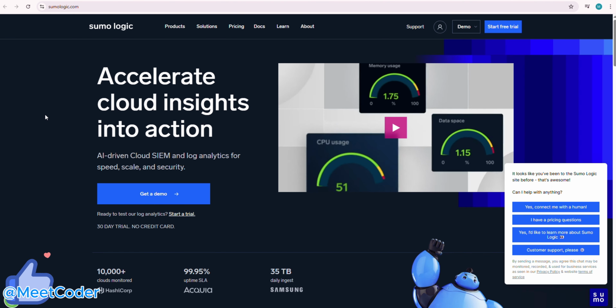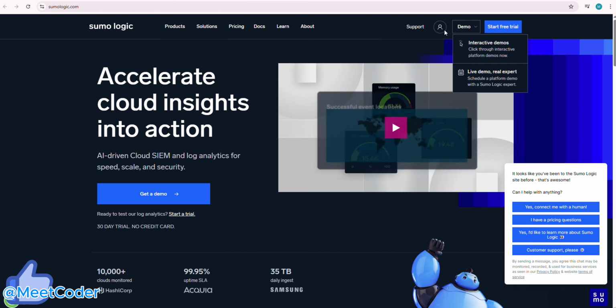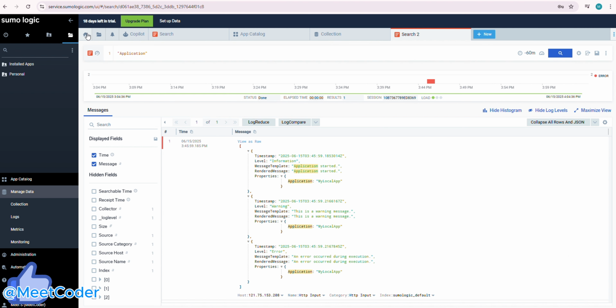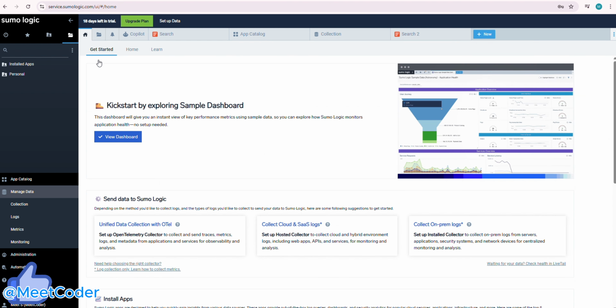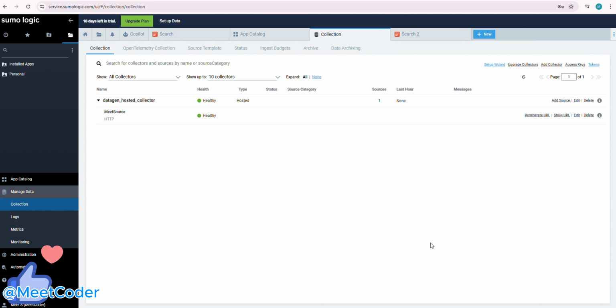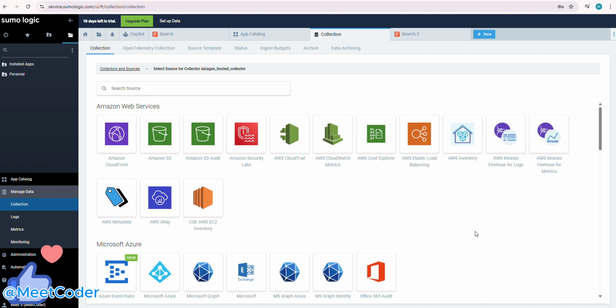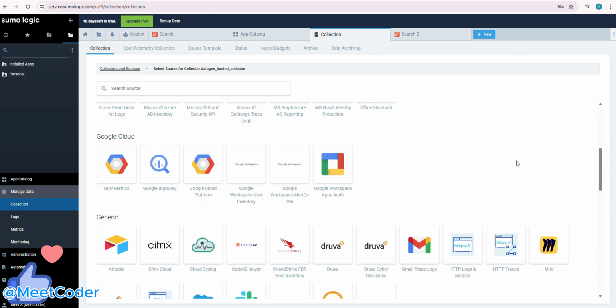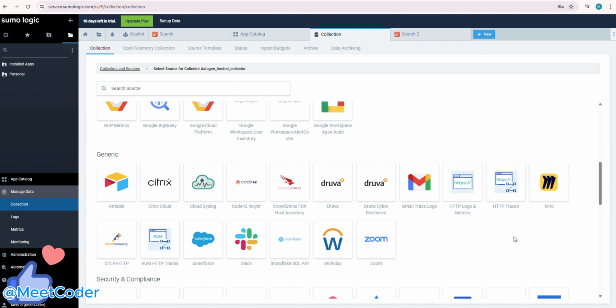This is SumoLogic. Once you register yourself and start your account, it will look like this. So this will be your SumoLogic dashboard. Here you can see a few options. If you go to the app catalog and manage data collection, you can add a source here. This is the source where you want to get the logs. Here are many sources. You can choose which type of source you will have, but in case of my application I will use